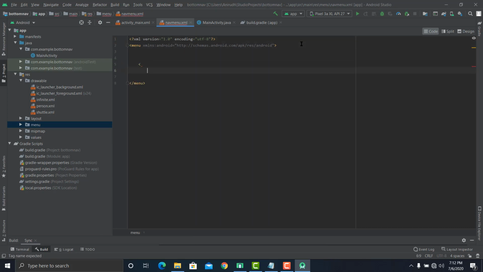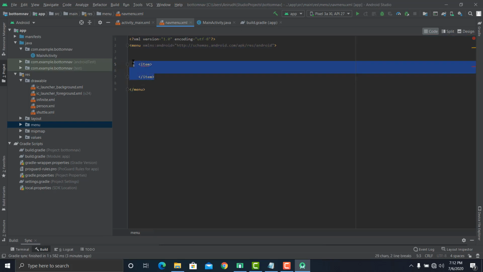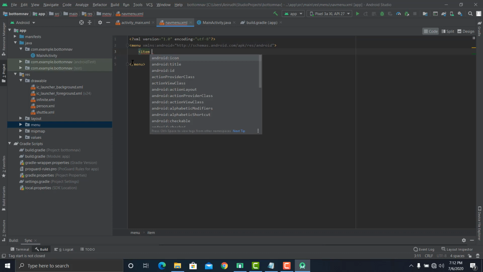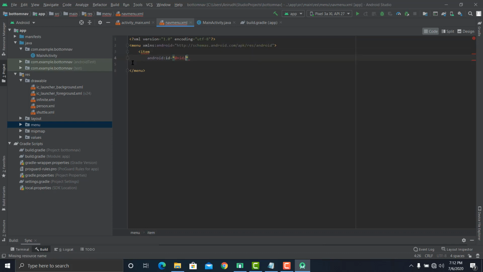You can make a new item. We can have its own ID. So we can go ahead and make a new item. The ID is going to be person.